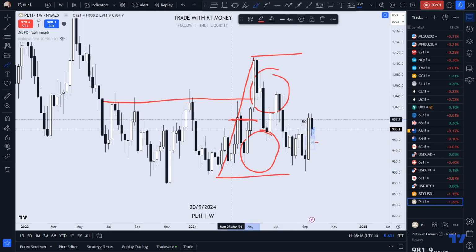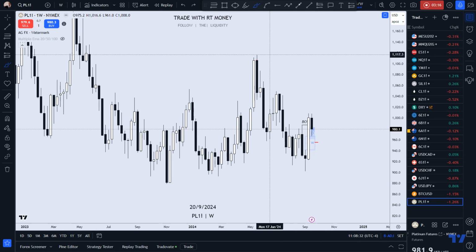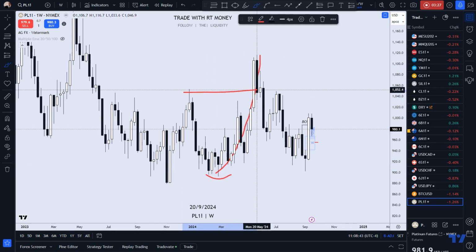You chop it in half. This is the equilibrium, and I'm looking for price to come back somewhere in this lower half of the trading range, the discount. That's where you want to take your longs from. You want to take your shorts from premium, and you want to take your longs from discount, and price has come back to that. I look at this as a strong low. Why? Because it created a new high. I'm looking for that pullback into this, and I'm looking for